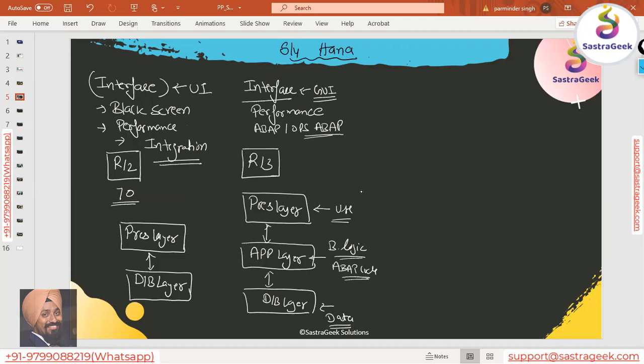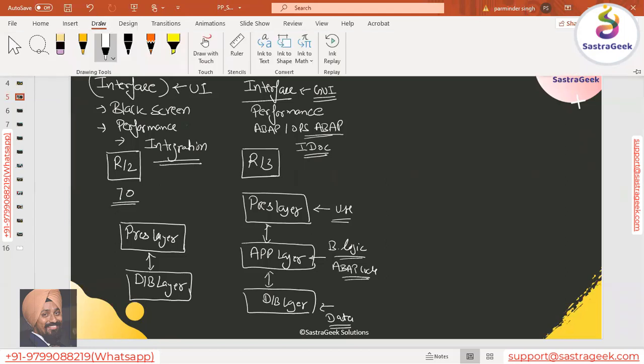And then your IDoc, intermediate document. This is another feature or technology name you can see in SAP, by which you are able to integrate with the SAP system. That came up to improve the integration between systems. So that's the R3 product which came up. SAP got a real hit in the market by launching R3, and then ECC was another success. You will hardly see any customer now on R3. Most customers have moved to ECC, and now SAP is asking them to move further to SAP S4HANA.